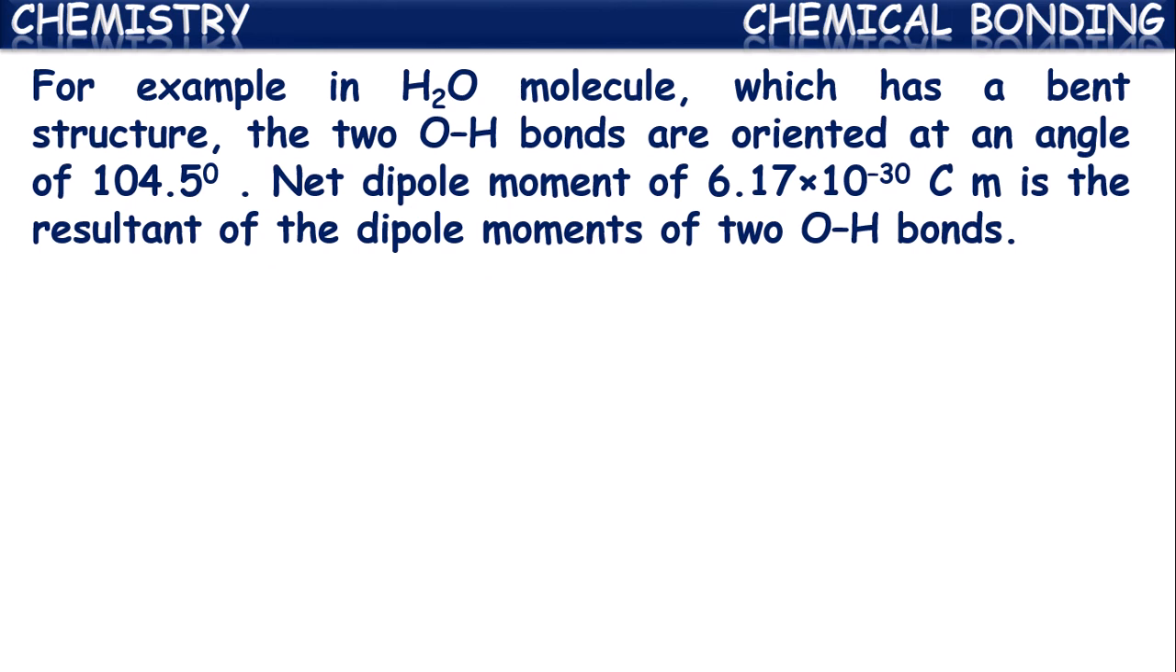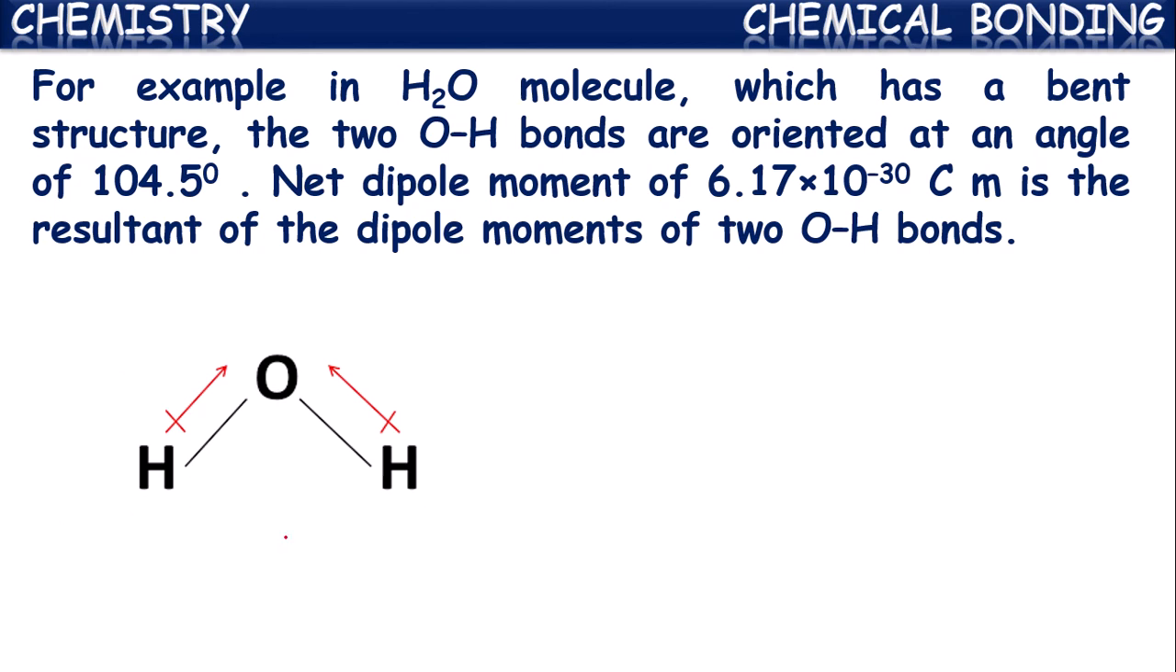For example, in the water molecule, which has a bent structure, the two OH bonds are oriented at an angle of 104.5 degrees, isn't it? In the water molecule, the net dipole moment of 6.17 × 10^-30 coulomb meter is the resultant of the dipole moments of the two OH bonds. So here